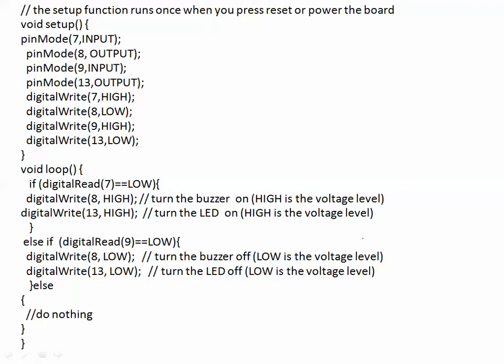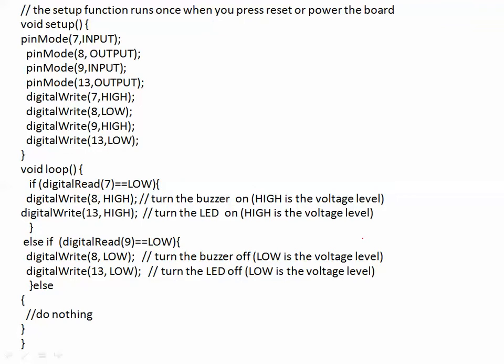Okay, as I told you before, there are 2 steps. One is the setup, another one is the loop. In the setup, what we have to do is decide the pin mode, how many pins I am going to use, and what their default status is. That is, when nothing is done, what is the default status. This is called initialization. These are the steps we have to do in the setup. As I told you, I want to use 2 things, one buzzer and one LED. So I need 2 pins, and in the objective, when I press a micro switch, one has to switch on and with another micro switch, it has to switch off. So totally I need 4 pins.